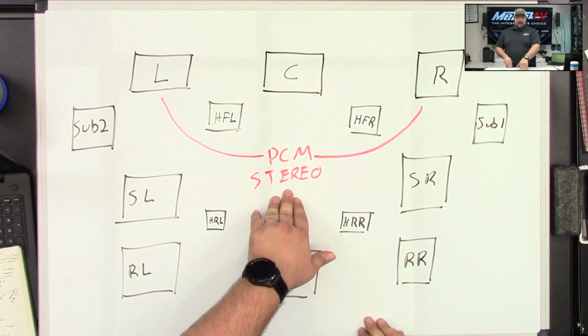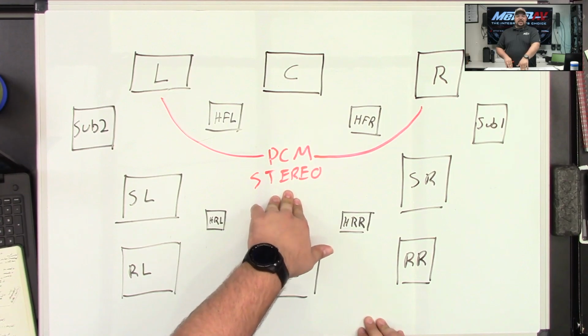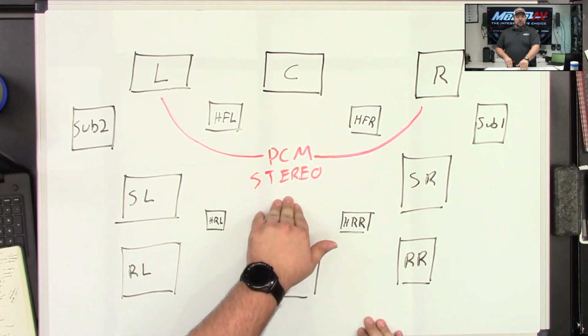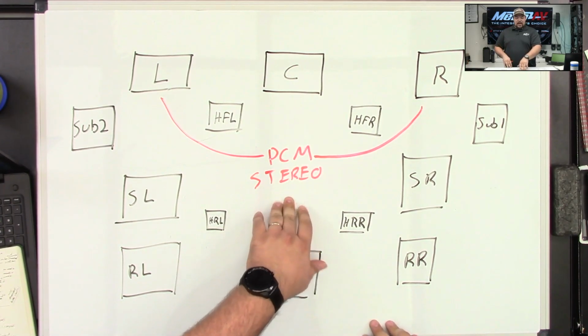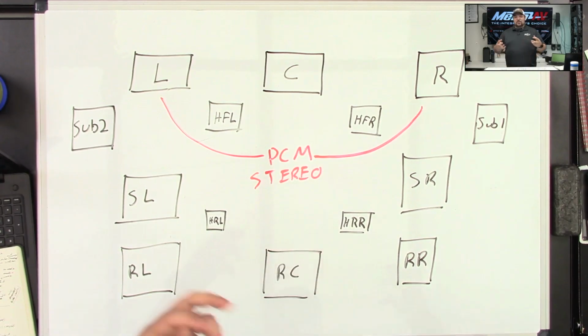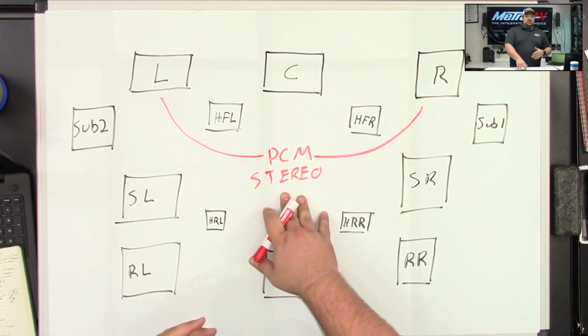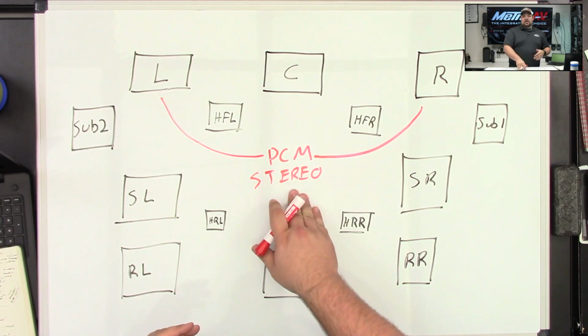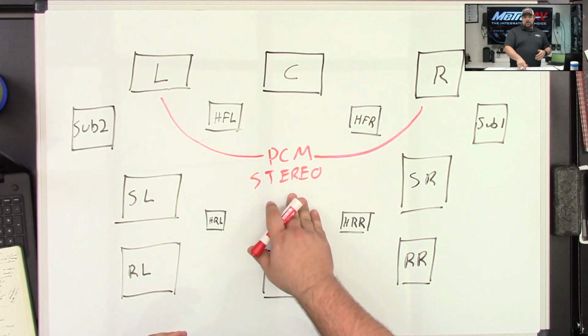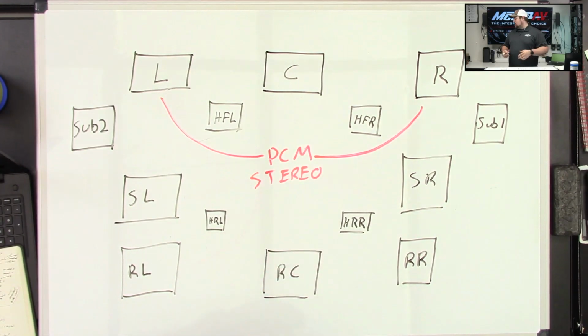Because of that, what it winds up doing is giving you that encoded audio from Dolby or DTS, where it's just encoded. So you get this weird garbled sound coming out of the system, and it doesn't sound right. You won't be able to listen to any of it because none of it's going to make sense. So you need to watch for that. In a lot of cases, we'll say, make sure that your source device is set to PCM or stereo sound, and make sure that that's set up.